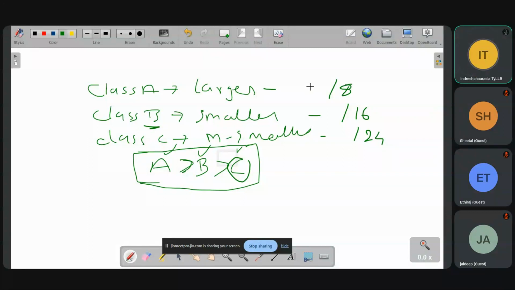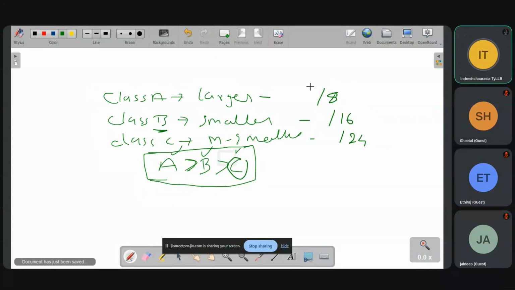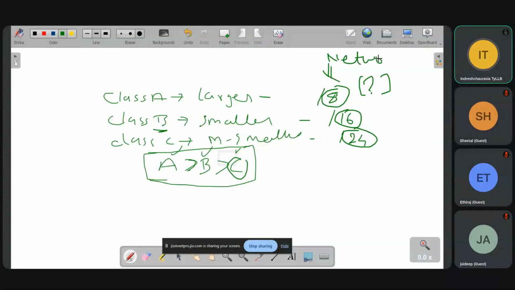So when I say slash 8, what does this mean? Any idea? This is nothing but a network. It represents a network.